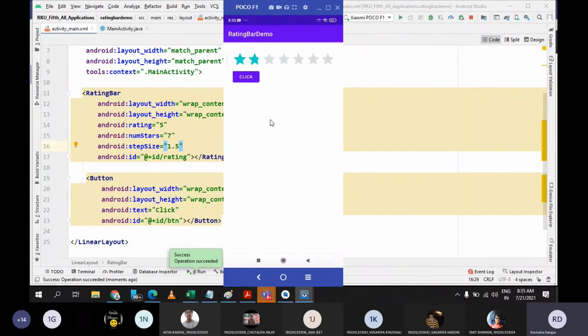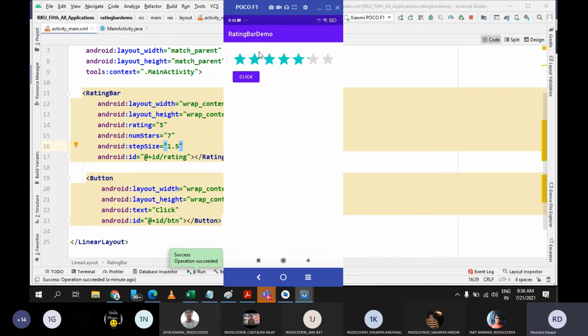See now, even though I am clicking on the first star only, by default it selects the first and second half, because 1.5 is there. Now let me select the second one, and you can see my step size is 1.5, so every time it will increment 1.5. Now let me click on this button, and you can see it is 5.25.